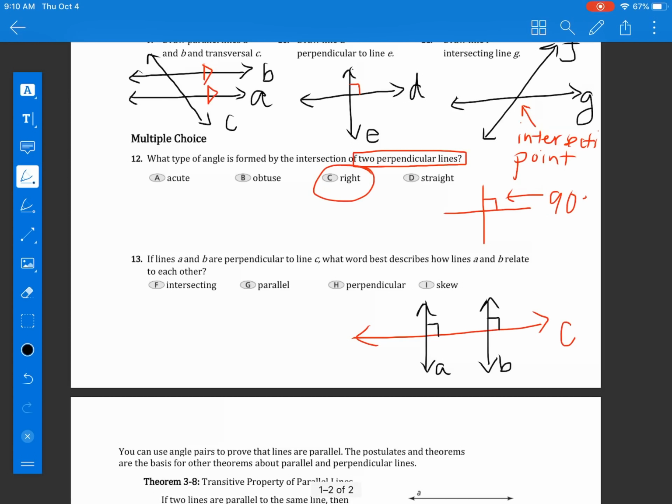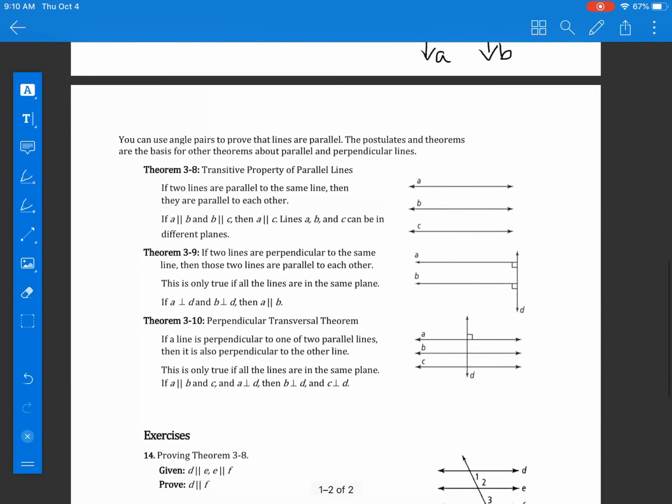So A and B are perpendicular to line C. Now if you notice, are they ever intersecting? No, so I'm going to automatically get rid of F. They are not perpendicular to each other or skew. If two lines are perpendicular to the same line, they are actually parallel lines. So in this picture I can add in the symbols for parallel to prove and show that A and B are actually going to be parallel lines. At this point we've just covered our vocab. We've looked over the difference between perpendicular and parallel. Okay, and there's also some special